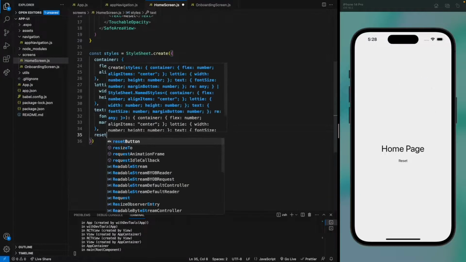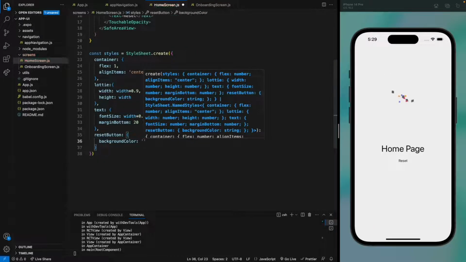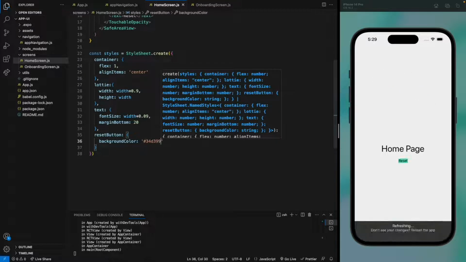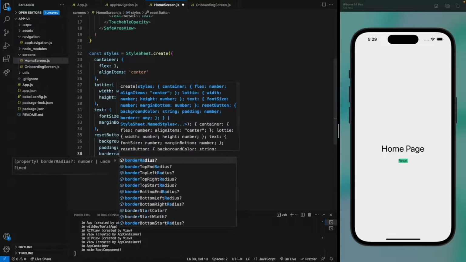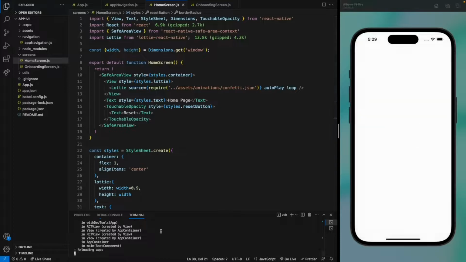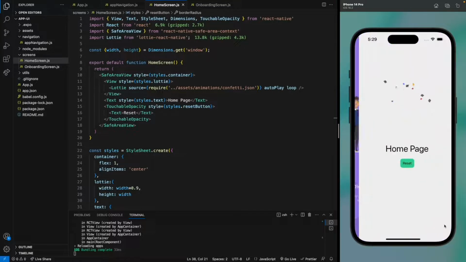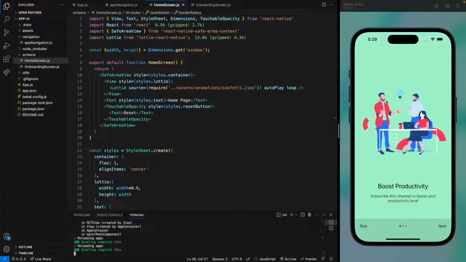Okay, so let's specify the styles. Let's give it a background color of light green. This is the hash for this light green color. Now let's add a padding and let's give it a border radius of 10 as well. Okay, now looking good. Now we need to manage the state of our onboarding. So if I reload the application, you will see we are back at our onboarding component. And if I complete the onboarding, and reload the application, you will see we are again back at our onboarding, but we need to make it that if we complete the onboarding it should stay at the home screen,